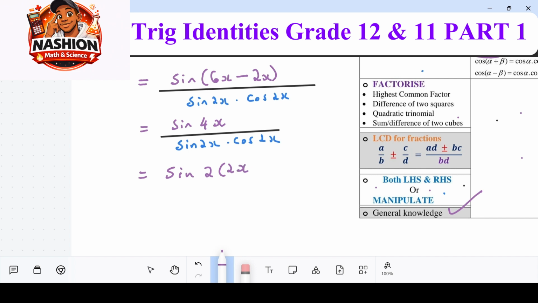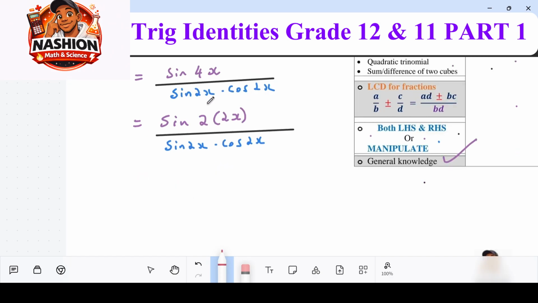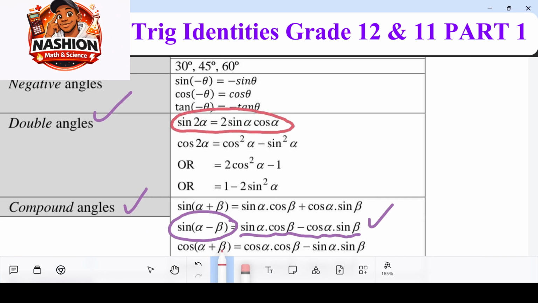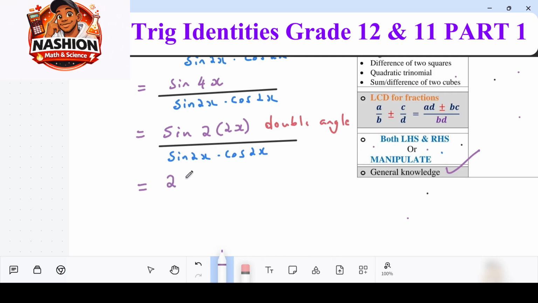But we still have x right there. You see what we just did there? Now we have 2x. Even the denominator has 2x and another 2x. So we repeat the denominator the way it is because everything is now written in terms of 2x. Then what's next? Remember, we called this one a double angle, which is a double angle for sine. So we write 2 sine 2x cos 2x. Remember, in the formula, that's written as 2 sine alpha cos alpha. Alpha right here is our 2x, guys. Everything 2x. All over,